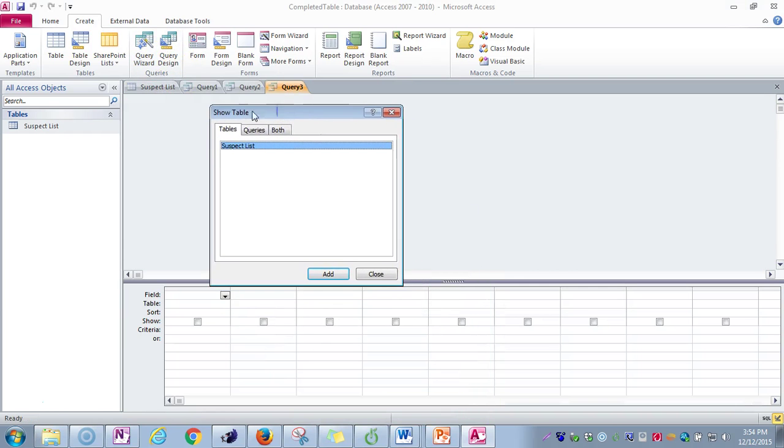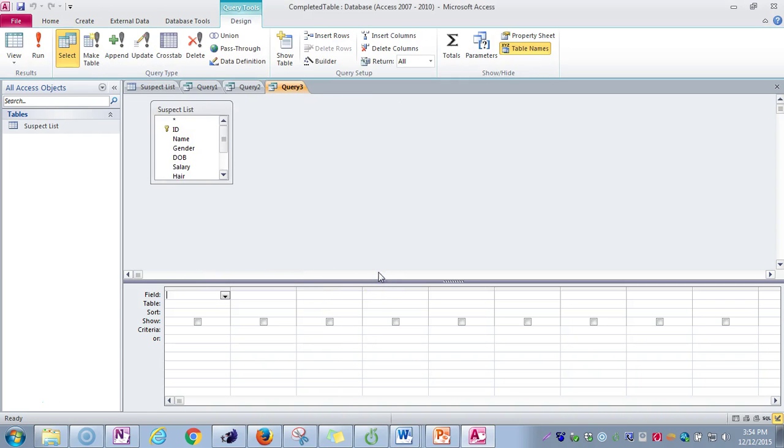It's going to come up with a dialog box that says Show Table. It has one table listed, the suspect list, so I'm going to click Add and then close that dialog box. Next, I need to add each field to my query down here. So I can use the drop-down arrow to add ID, and then in the next one, name,